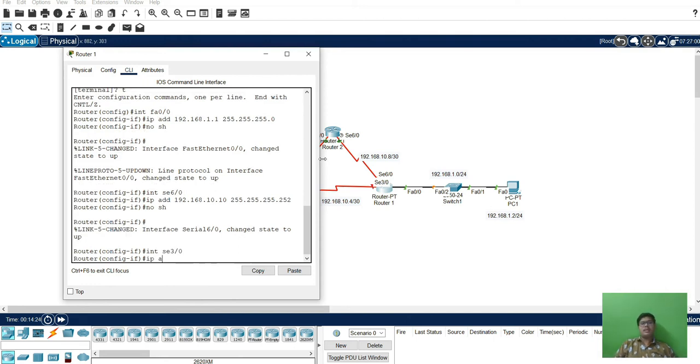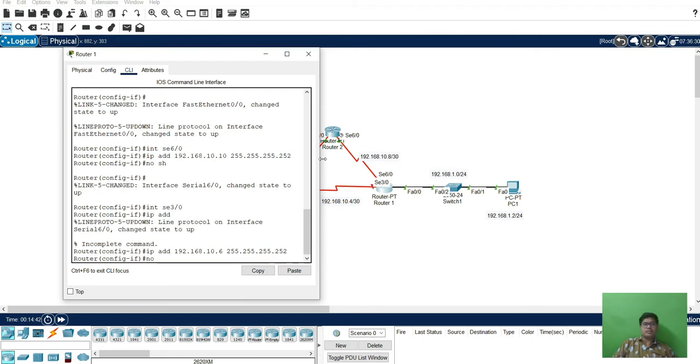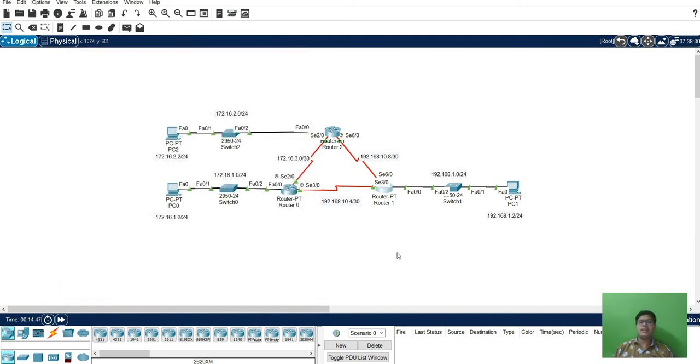Then serial 3/0, IP address 192.168.10.6, 255.255.255.252, no shutdown. Okay, so all the IP configuration is done here.